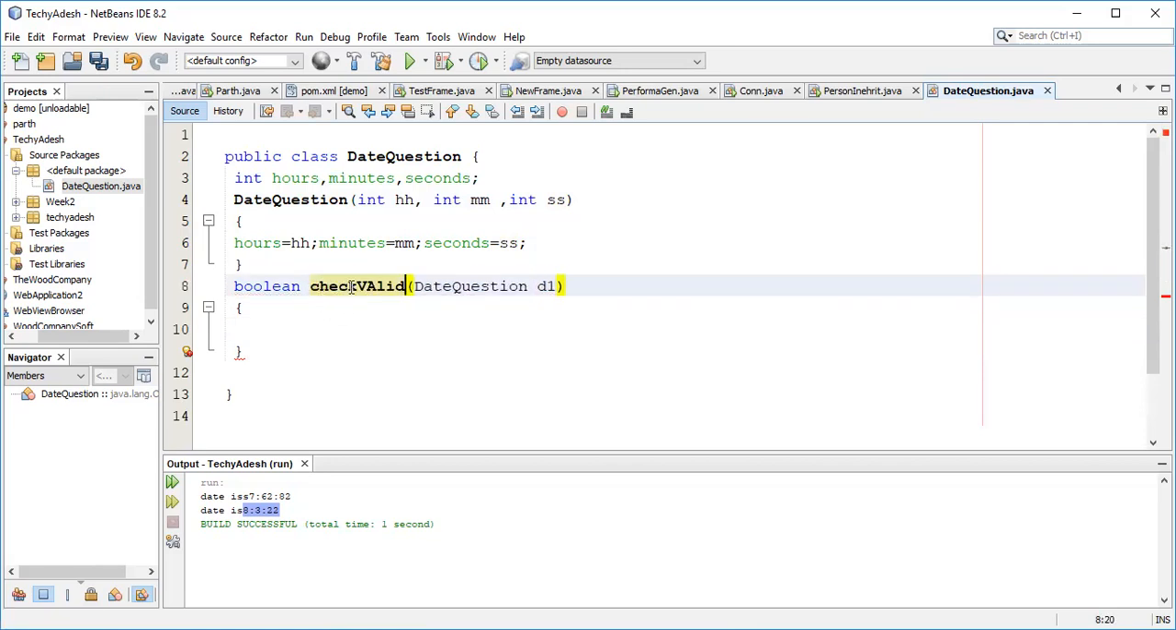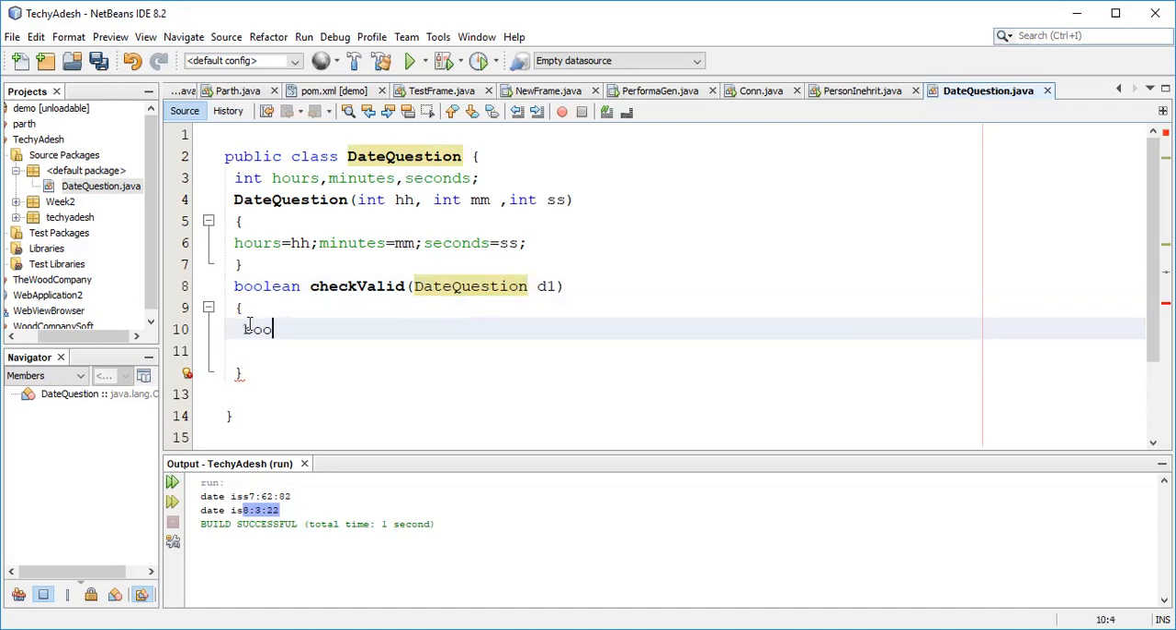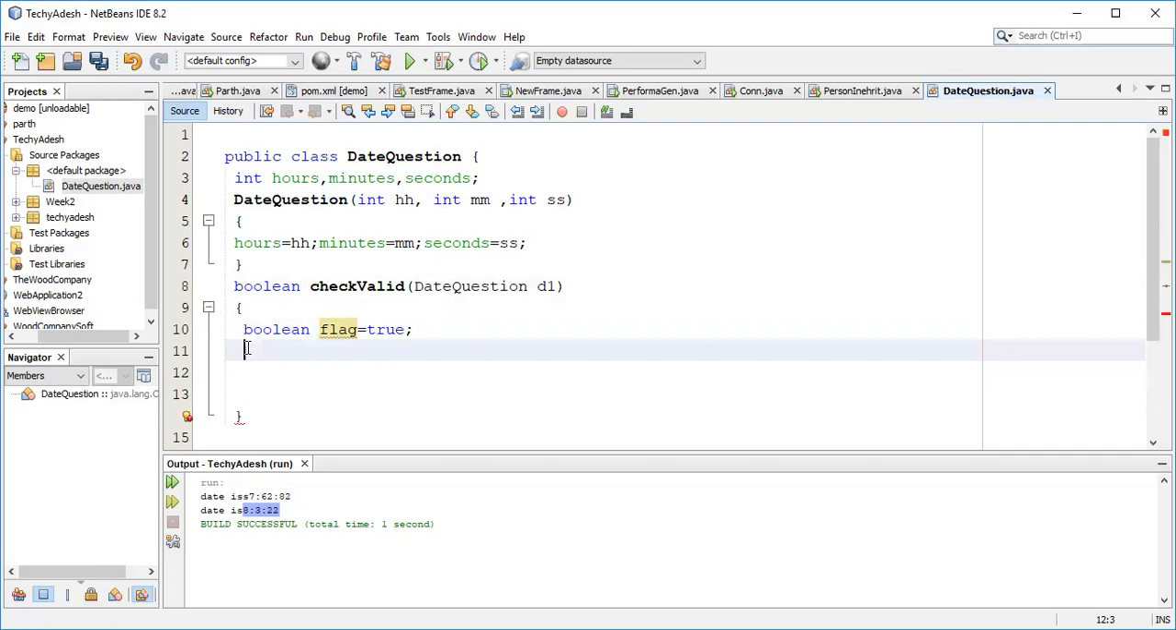This is the name of the function. The function name is check, the return type is boolean, and the type of the argument it is taking is the class type, right? Now it will return either true or false. So let's see over there, boolean flag, let's say flag is equal to, first of all it is true, we can say true, right? Now in the condition I will check, what if condition, if